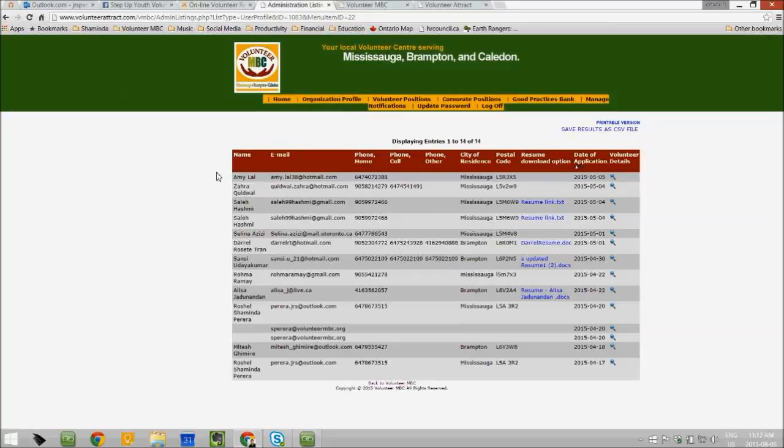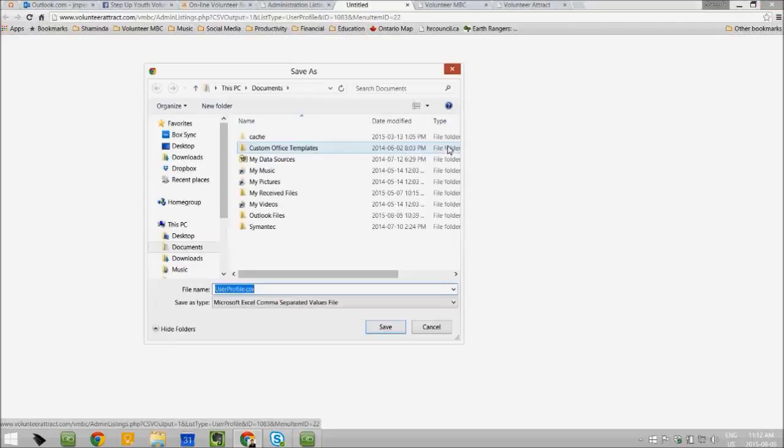This list will give you the contact name of the individual and the contact details in case you want to quickly download. You can see towards the top right hand side of the table, you can see save result as CSV file. And when you click on that, what will happen is, Kyle will touch on this.